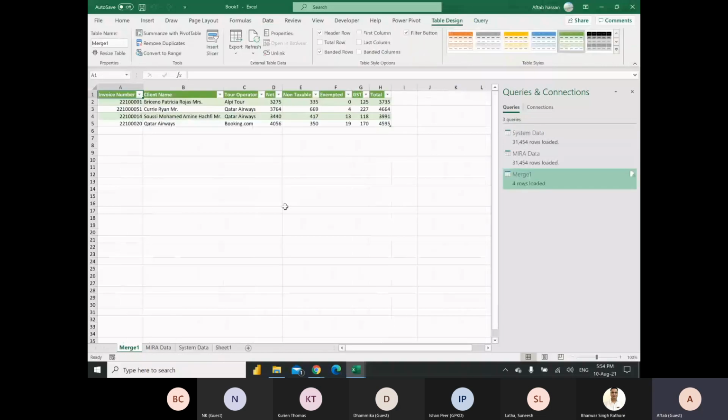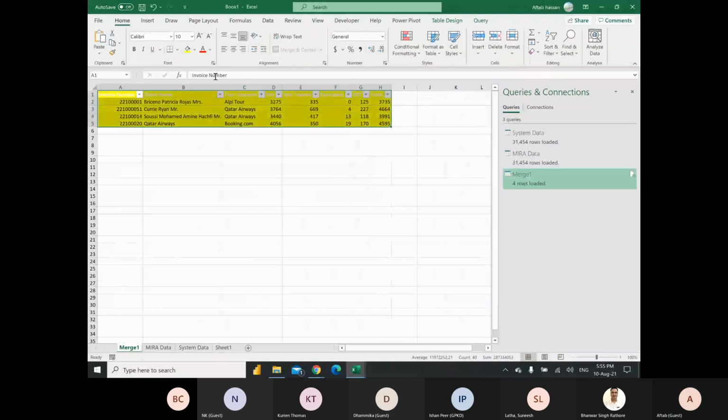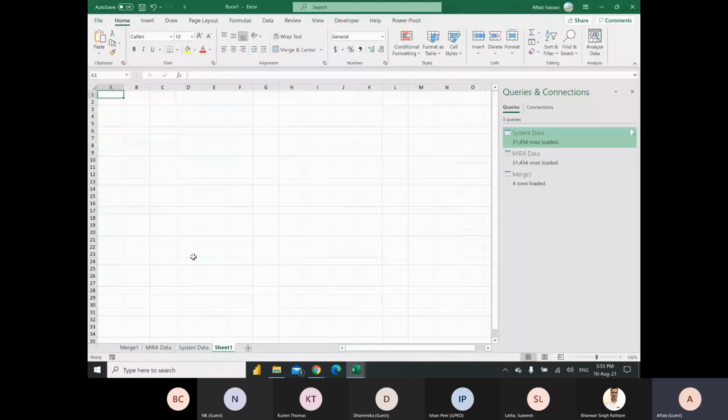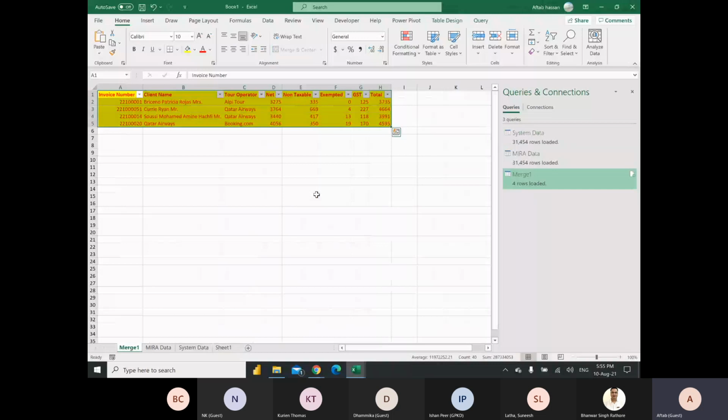It is in front of you. These are the lines which are not matching. So can you imagine that data of 31,000 rows you just find in 1 second based on multiple criteria, and then here it will show you the invoices which are matching. Sorry, because we have selected the option only the invoices which are not matching. So you can see how easily, without applying any formula, without applying any condition, we have found out through the